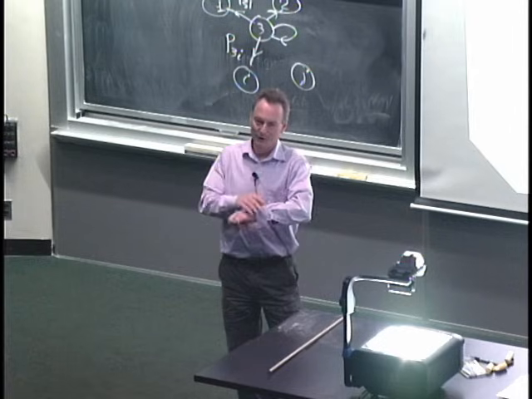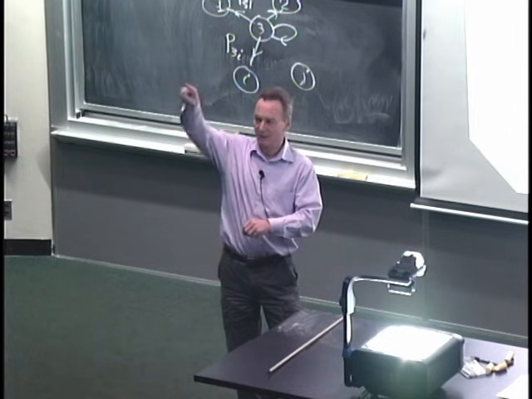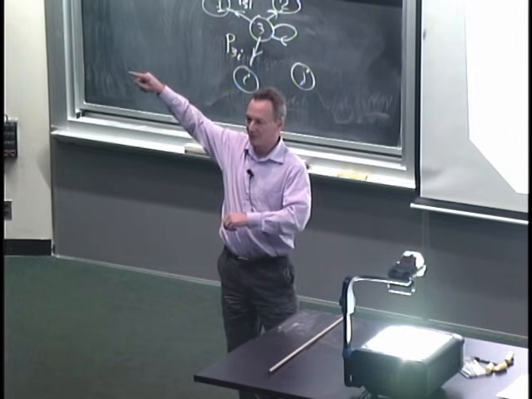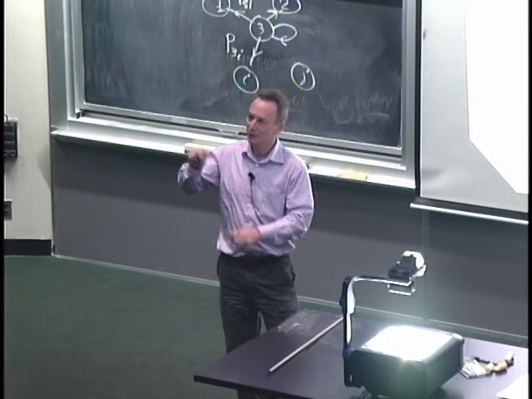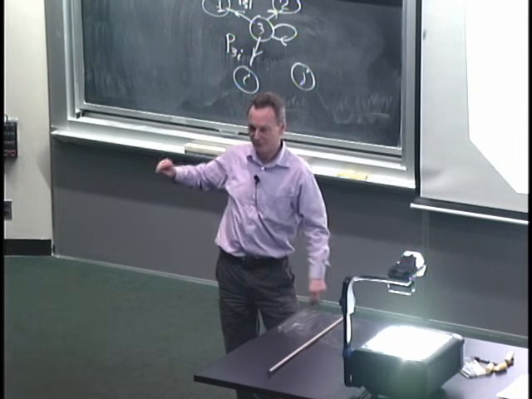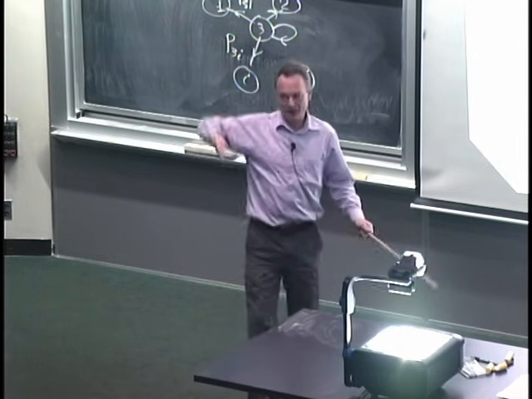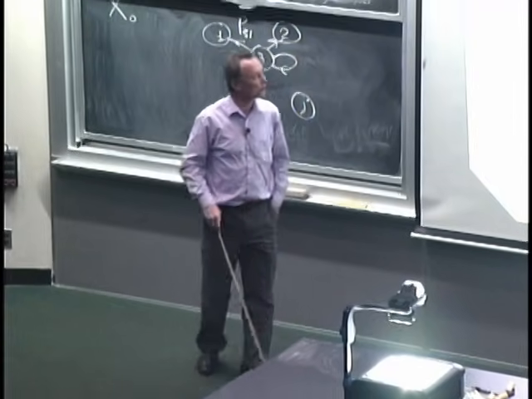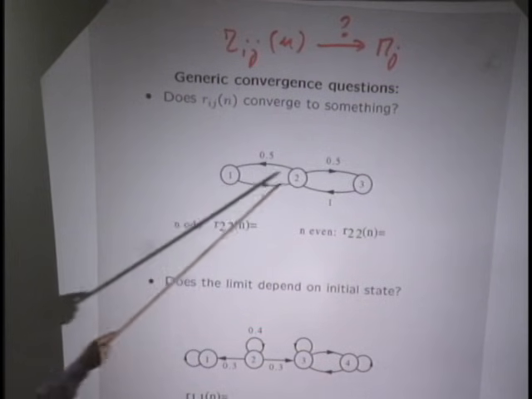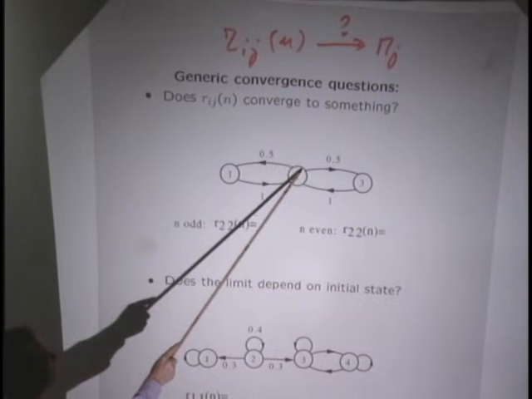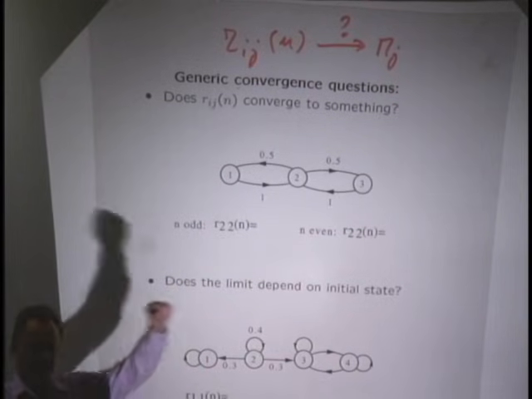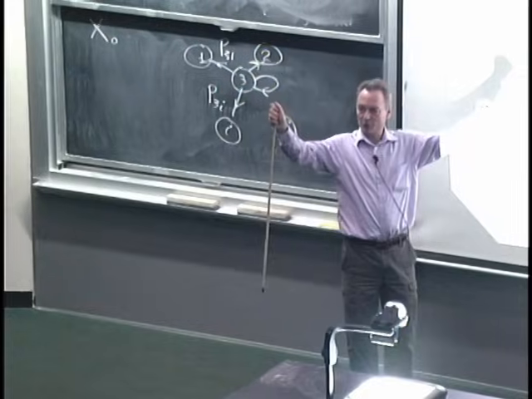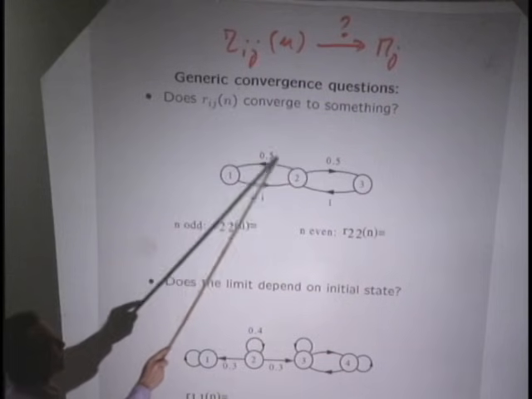If you don't have convergence, it means that Rij can keep going up and down without settling to something. So in order for you to tell me the value of Rij, you need to consult your clock to check if right now it's up or is it down. So there's some kind of periodic behavior that you might get when you do not get convergence, and this example here illustrates it. So what's happened in this example? Starting from state 2, next time you go here or there with probability half, and then next time, no matter where you are, you move back to state 2.